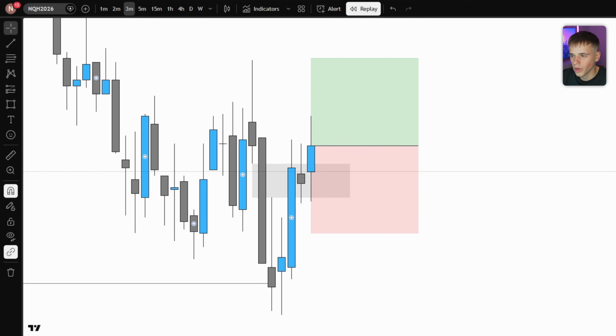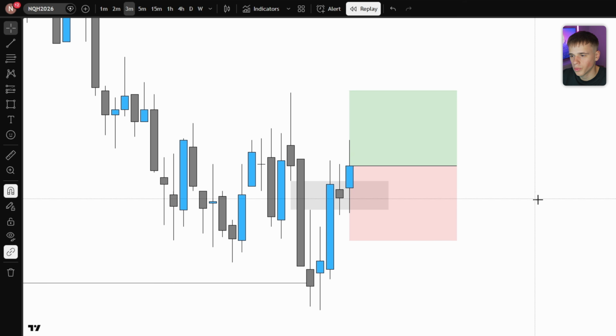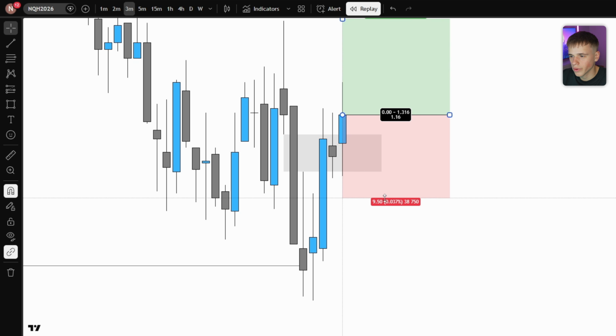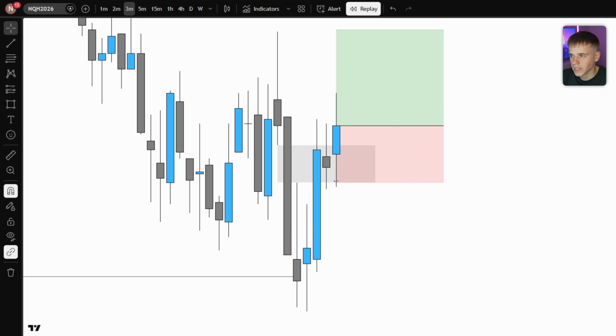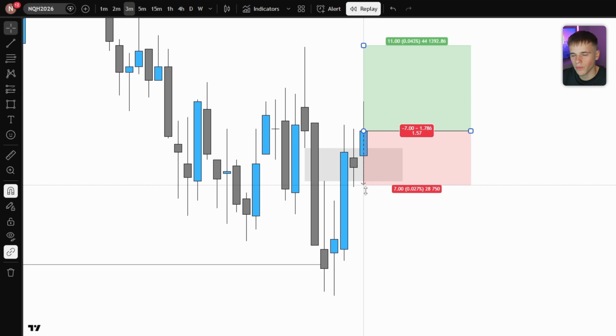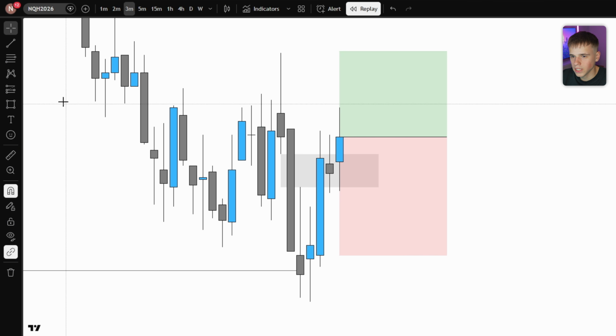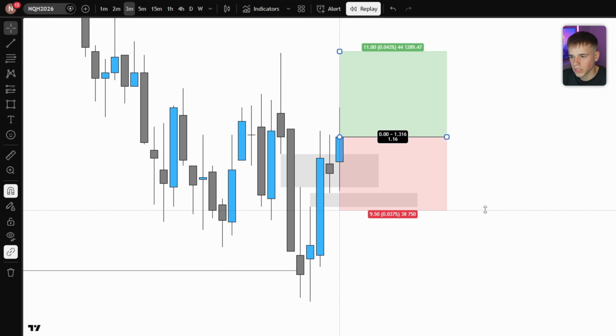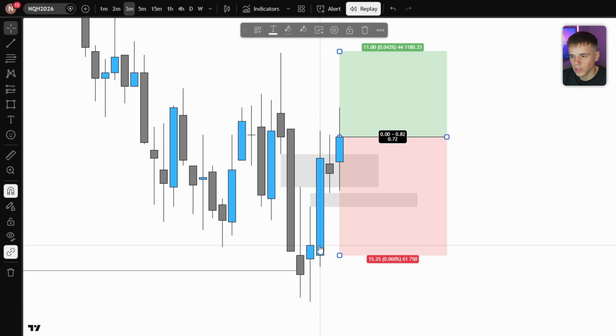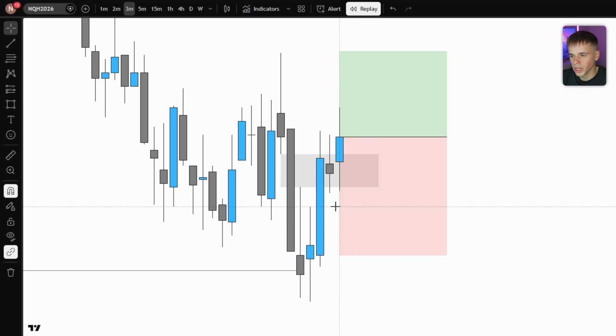What we do is we put our stop loss. So right now this is really important. We can put our stop loss right below the fair value gap, but the point is the stop loss is going to be way too tight. So what I like to do is give it some kind of space, and I want to do it logically. Sometimes I like to put it under the body, but since we do have another fair value gap that we created while going to the upside, it would be really good to put it under this fair value gap, or you can put it under the body. So nothing is a mistake, but as long as you don't do it way too tight,